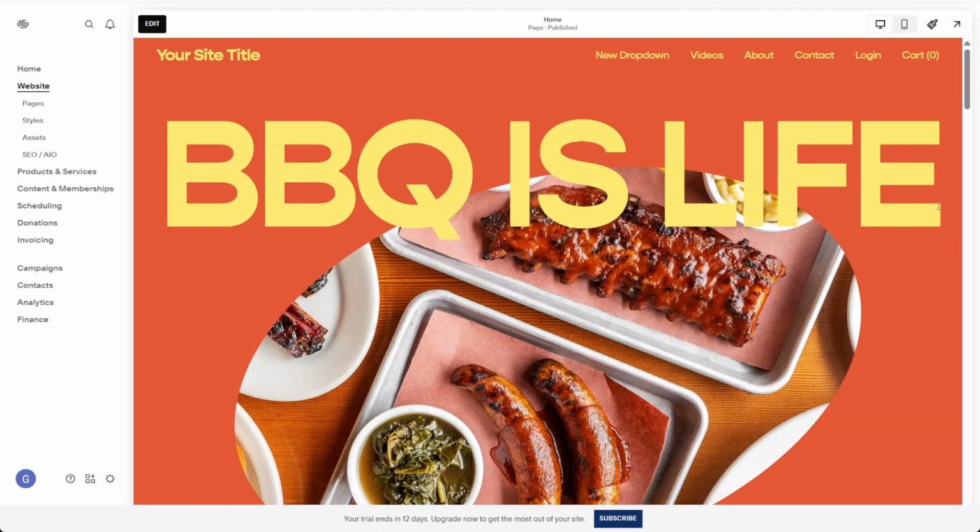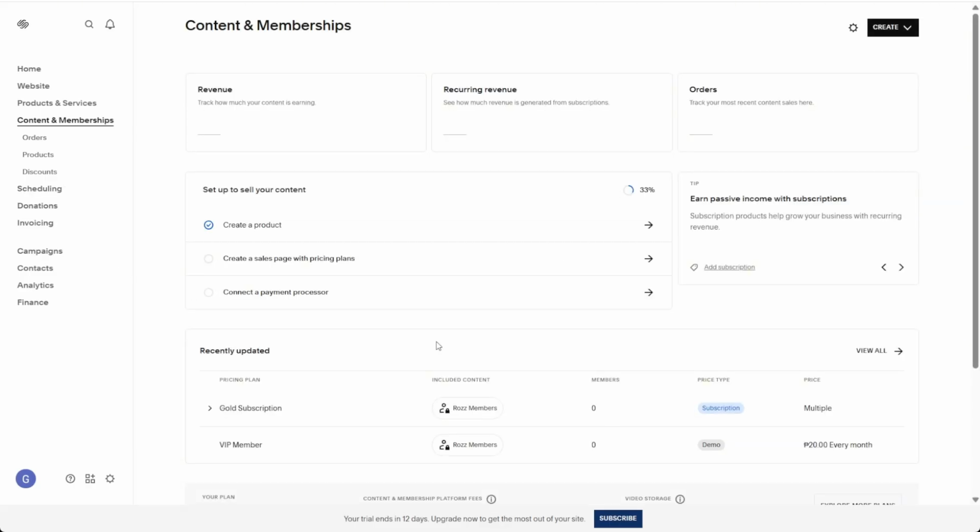In this video, I'll show you how to create a subscription plan in Squarespace. Once you are on your Squarespace website, the first step is to head over to the navigation panel on the left-hand side, and at the bottom, click on Content and Memberships. In the Content and Memberships section, you want to head over to the top right corner and click on